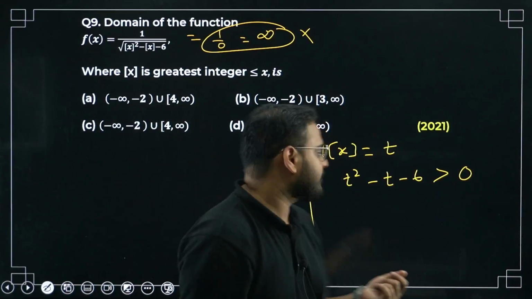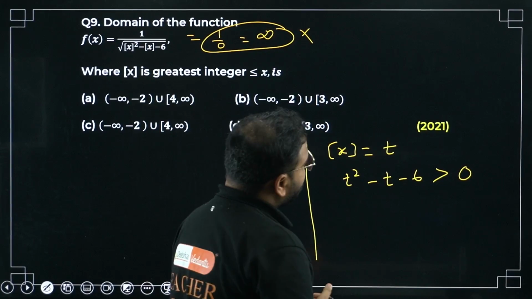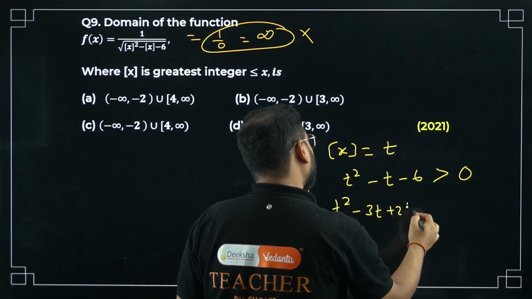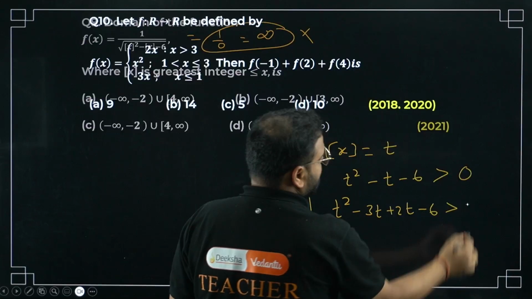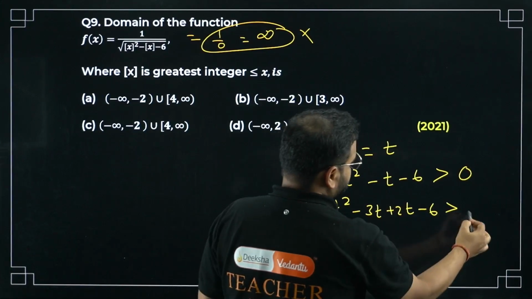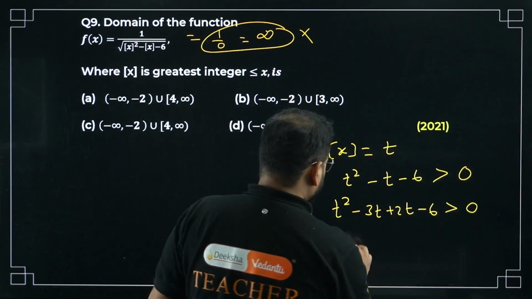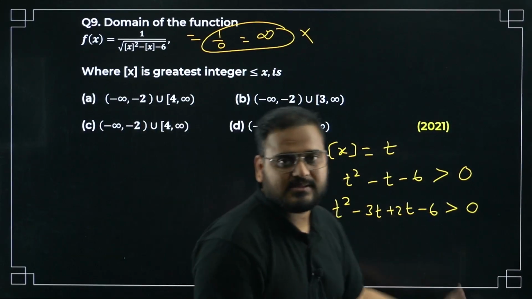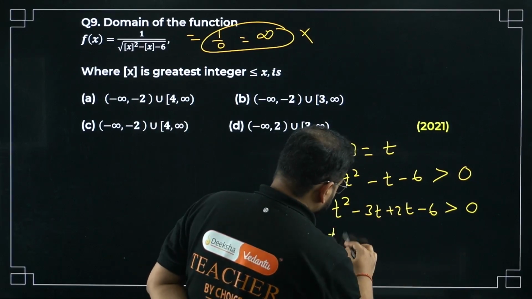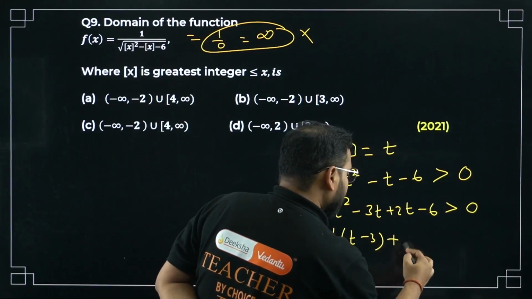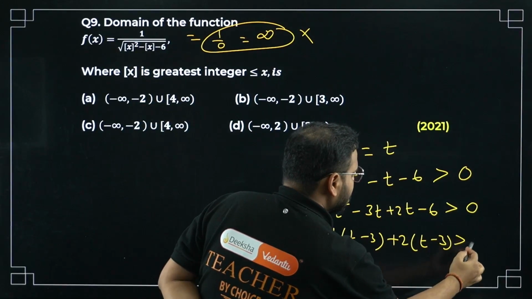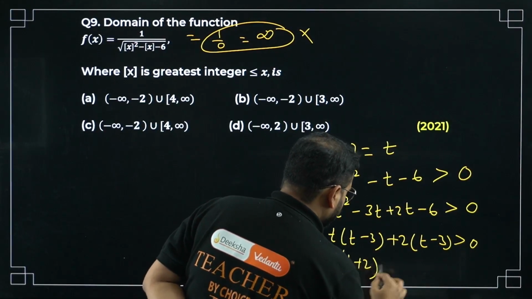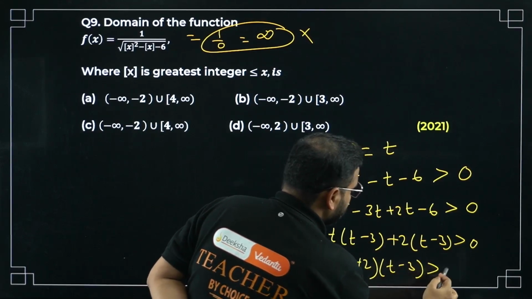Is that clear? Okay. Now factorize this. I can take minus 3 and 2. Minus 3 plus 2 is minus 1 and into 2 is minus 6. Correct, right? So take t common. I get t minus 3. Take 2 common. T minus 3. I have the factors as t plus 2 and t minus 3 greater than 0, which